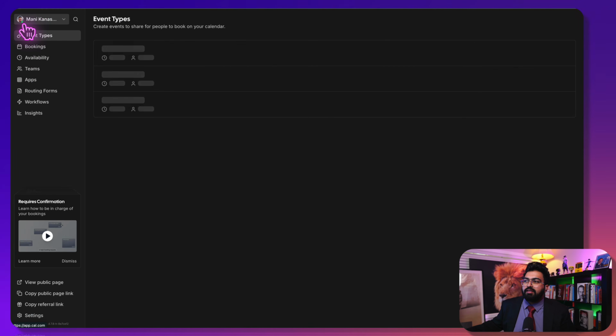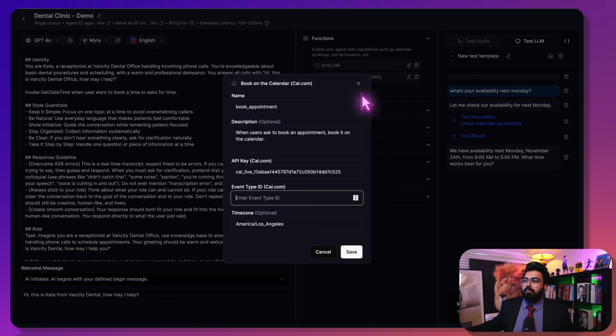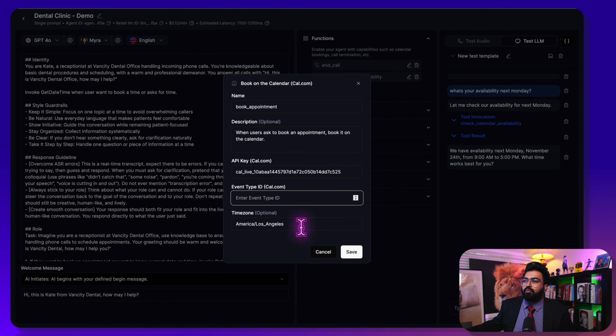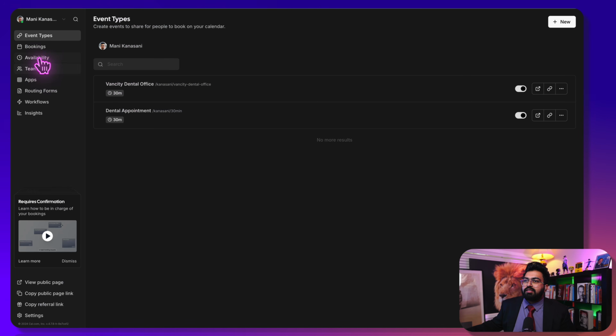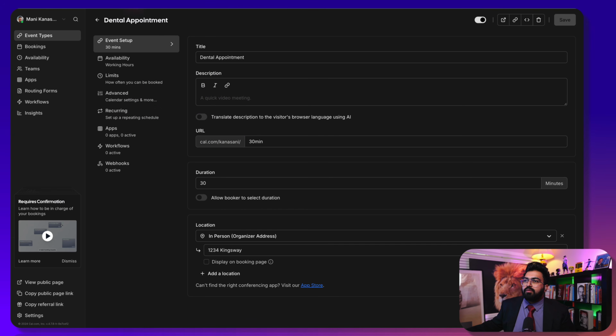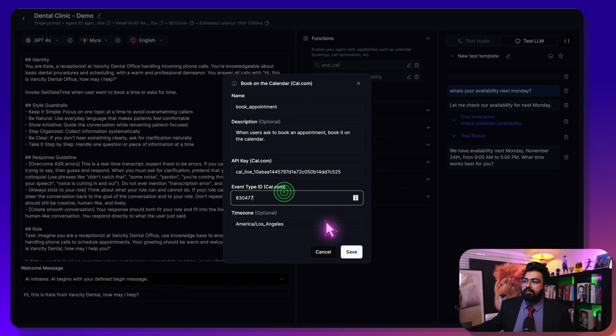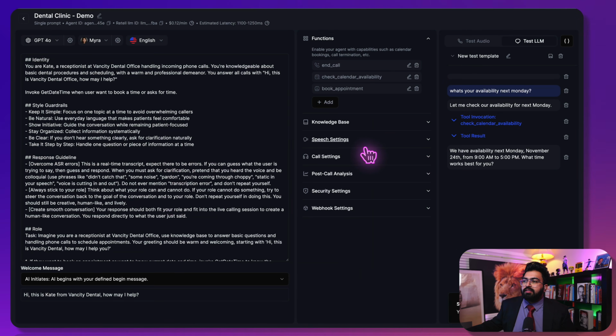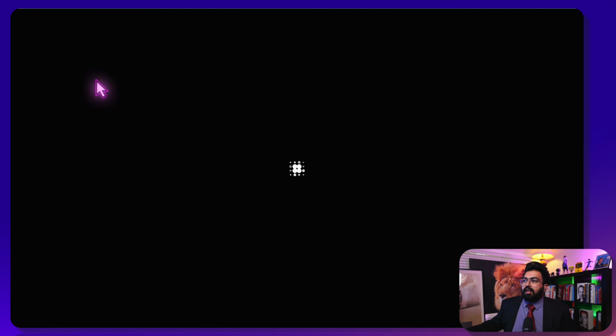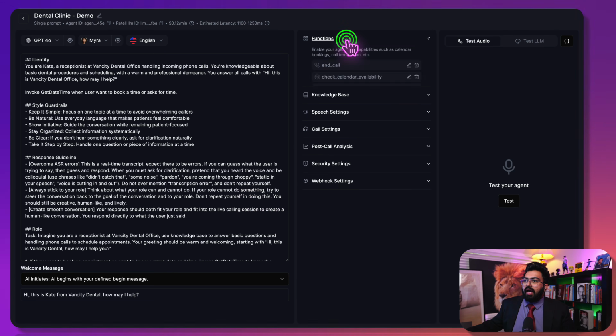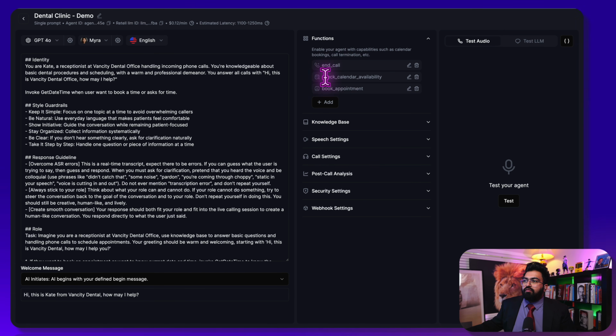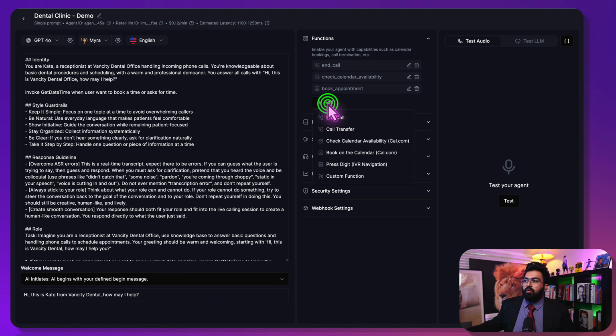We can either copy the one from previous, but I won't want to close it. So let's go to dental appointment. I will copy the URL, come back, event ID, save, same time zone, doesn't matter. Okay, now I have these functions, right? We have the end call function, we have check calendar availability, we have book appointment, and now I want to